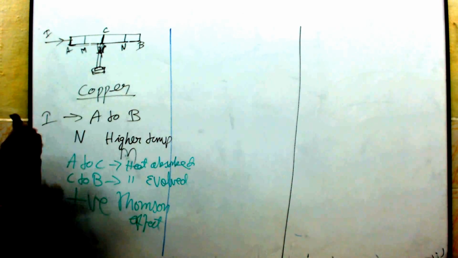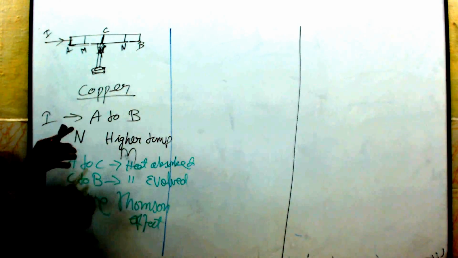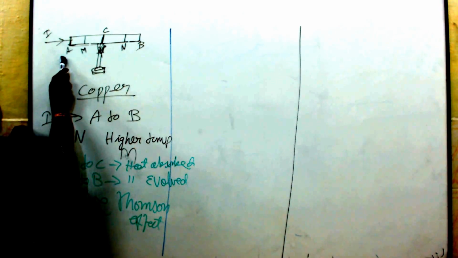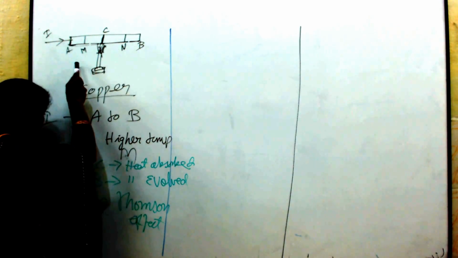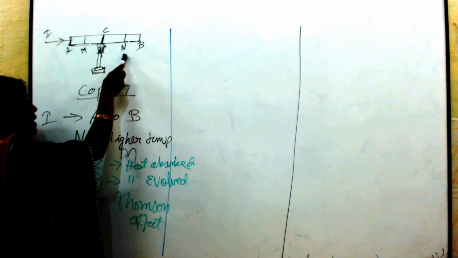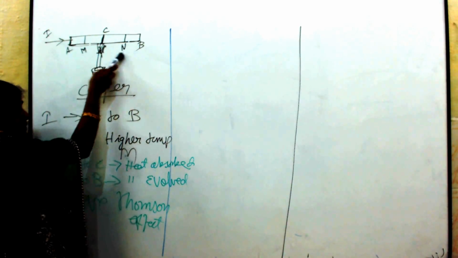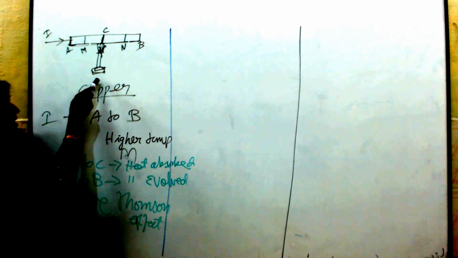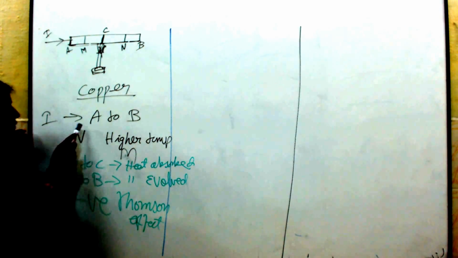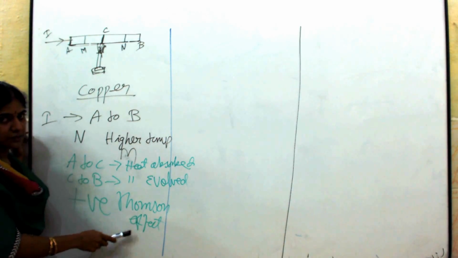Clear? Now, what happens when the current flows from B to A? That is, I am going to reverse it. What happens when the current flows from B to A? Here, M will be at a higher temperature than the point N. So, A will be at a higher temperature than the point B. Here, heat will be absorbed or evolved in the reverse direction. So, this was the effect seen when current flows from A to B. That effect we call the positive Thomson effect.